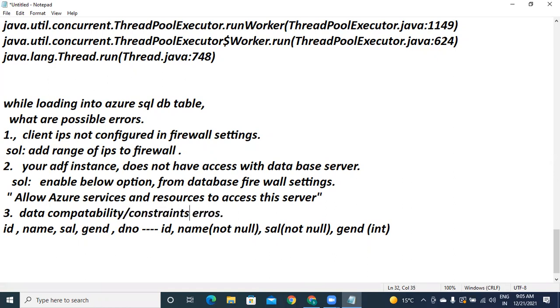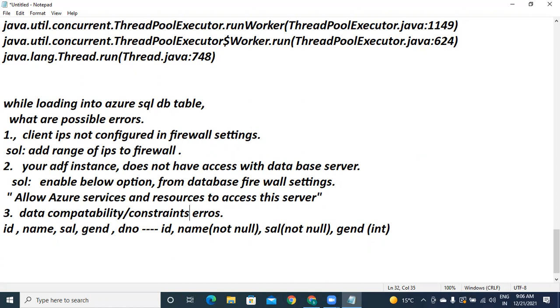Whenever this kind of error occurs in your project, the database people may not be responding to you. Understand? Your manager is pushing you. You simply tell them that there is an issue while loading because of this primary key issue, because of this not null issue. If they can modify that, only then will the loading happen. Or else, from the source, you have to remove duplicates. Once you have eliminated duplicates, then only you load it.